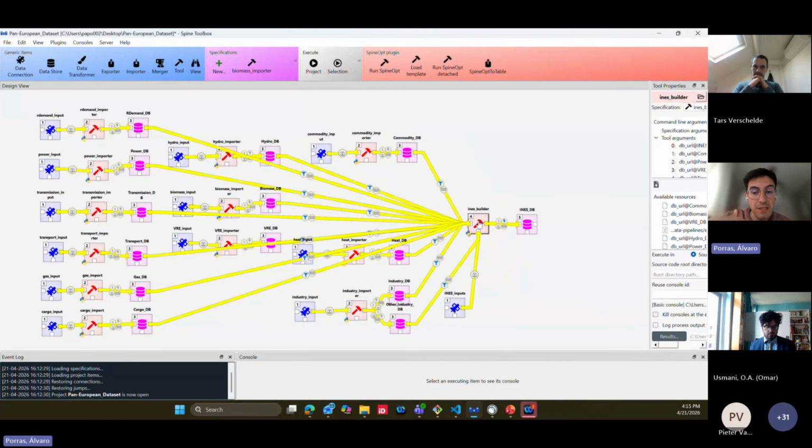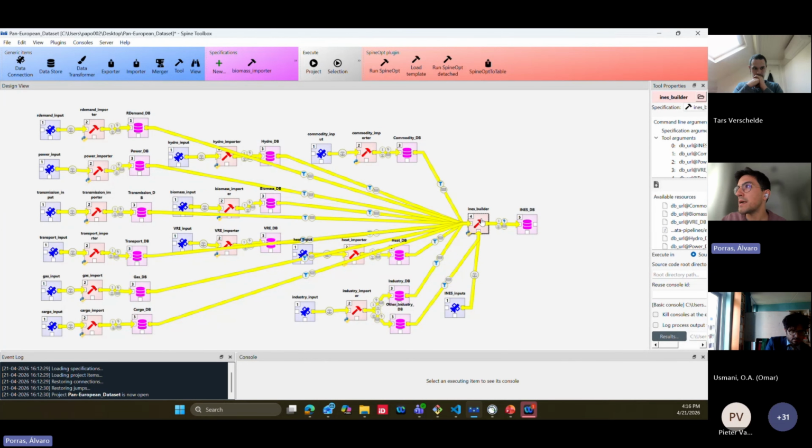So the INES builder is building the model in the interoperable energy system specification that we have developed in Mopo. So the main idea is to create an INES model that is able to be connected to other tools. In the Spine ecosystem, we have a Spine app, which is our energy system optimization tool. But the idea is to create different transformers that can connect to other tools, for example, like PyExa, but of course we need that transformer. But the idea is this dataset is interoperable and could be used in different tools.